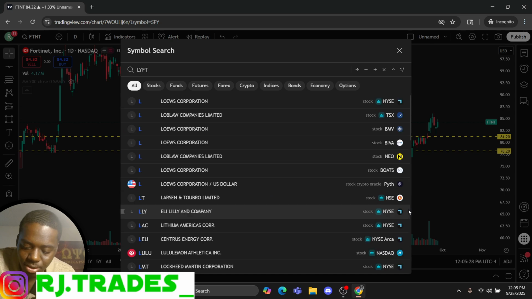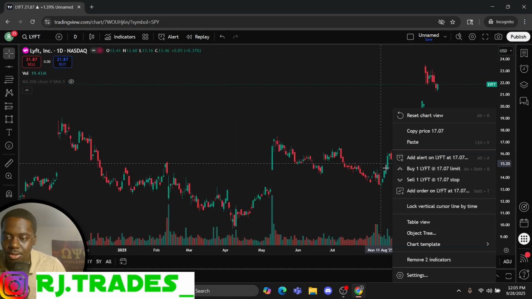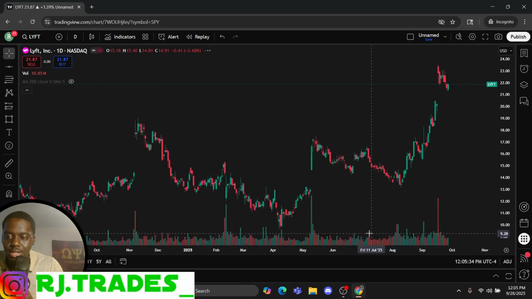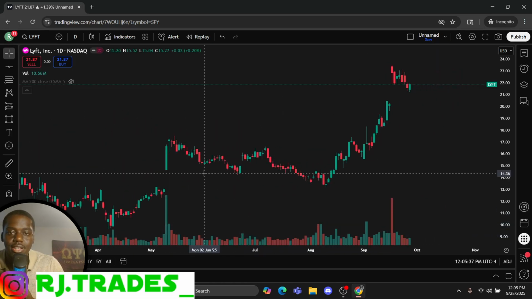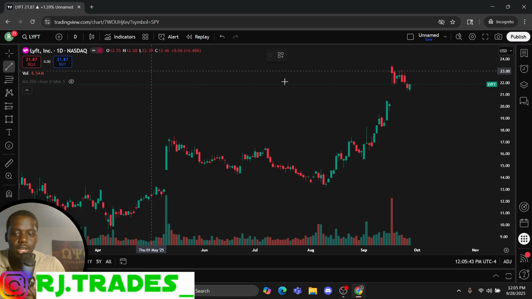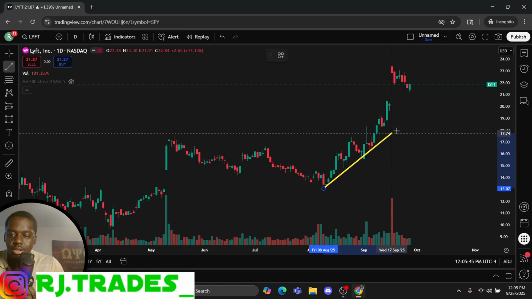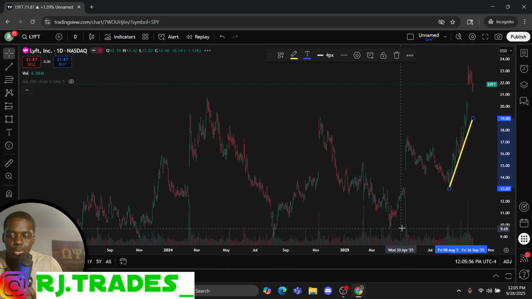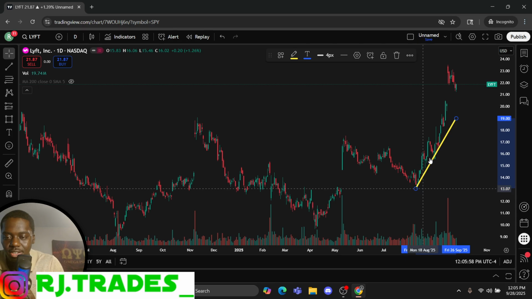I'm going to show you something here. We're going to take Lyft. Now, a trend line is either going to be moving in the upward direction or the downward direction. If it's moving upward, it will look like this. It'll literally look like a staircase. You kind of want to treat it the same way you do with support or resistance. You typically want it to be touching at least 3 times.